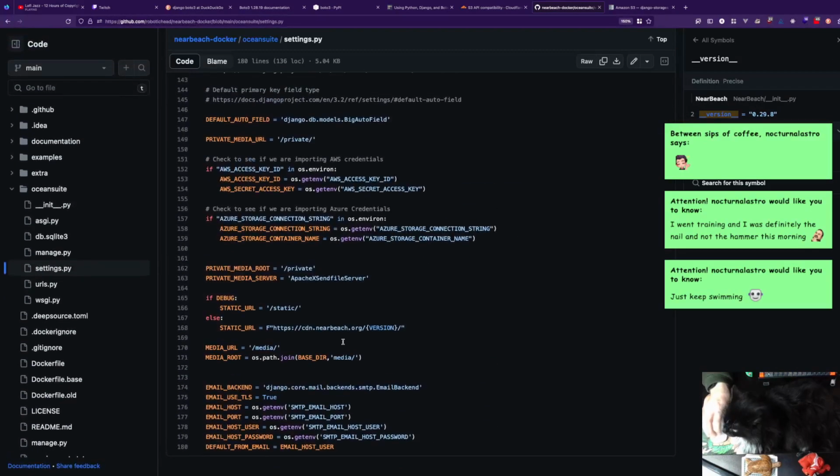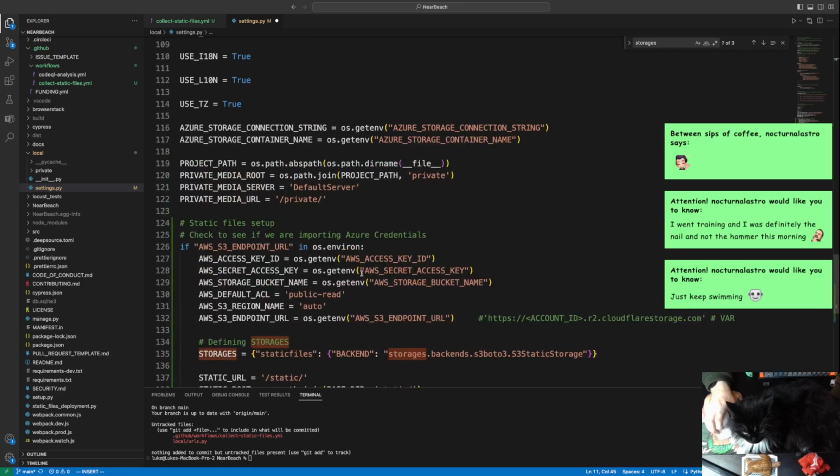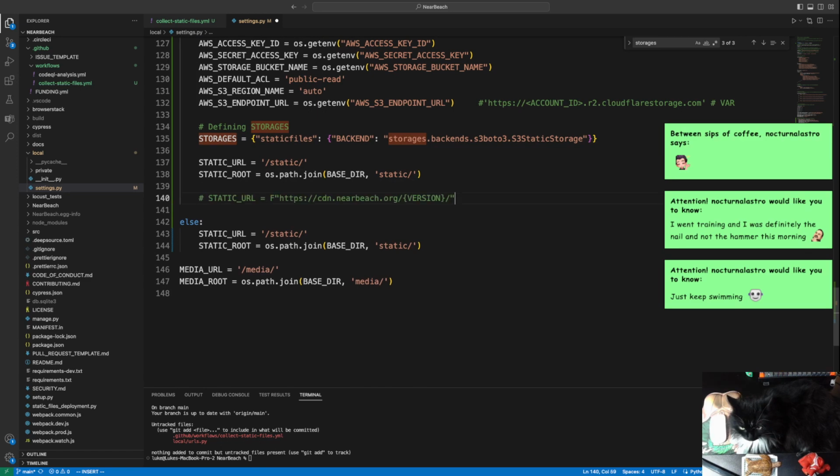All right, scrolling all the way down, we've done the version down here like this. So I'm just gonna copy this. It uses a reference down here, like so. And then what I need to do, I'm gonna get rid of all of this. I have an F string. And then what I'm gonna do is,